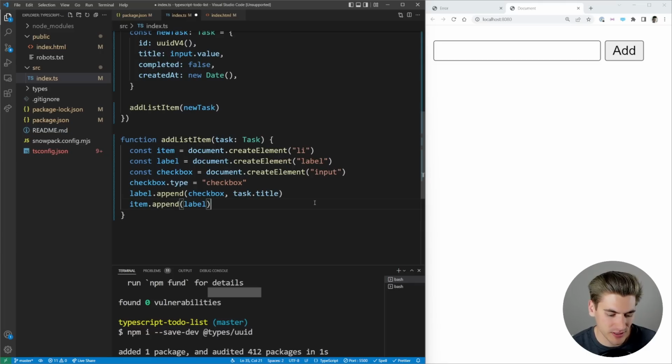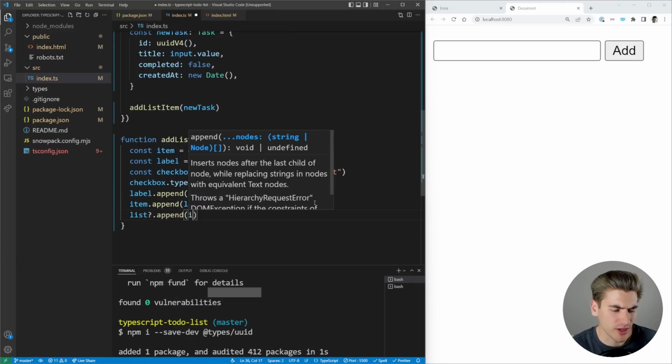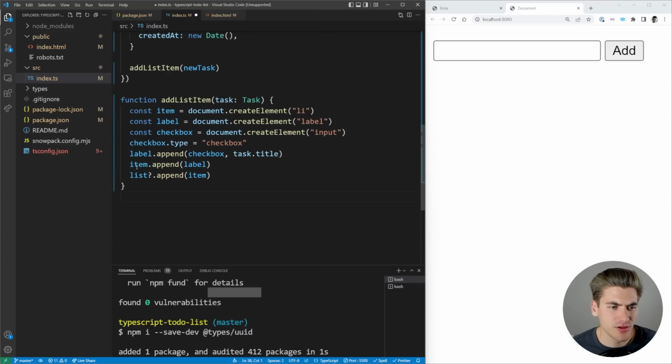And then finally, I want to take my list and I want to append the item. You'll notice here again, this question mark syntax is always being automatically applied because this list could be null. So if it is null, we want to make sure we take that into account so we don't get any unexpected errors. So now with all of that written, I can click save, and now we have this all set